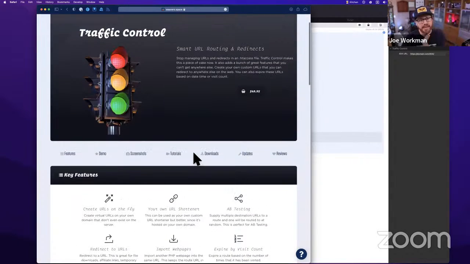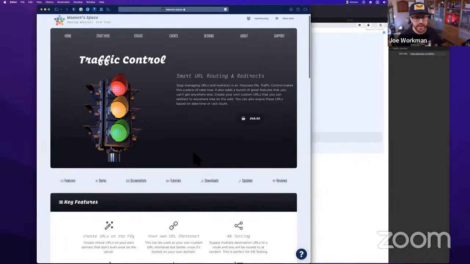Okay, so what is traffic control? It's a smart URL routing tool that allows you to dynamically create new URLs and automatically either redirect those URLs to different URLs, or import pages, or do A/B tests and all kinds of interesting stuff. What does all that mean? So, for example,